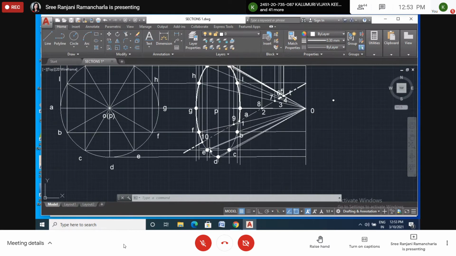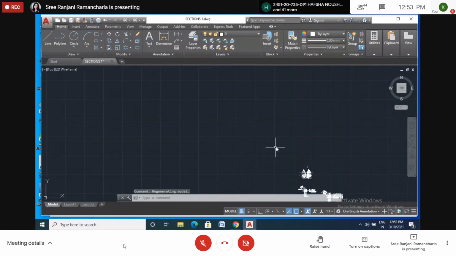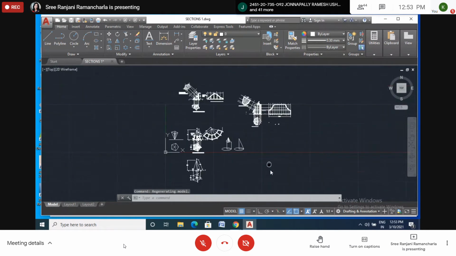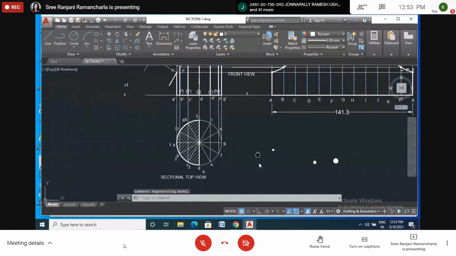So these are the light lines. These are the left thick lines. We should not draw thick lines because these are generators. See here, in the case of a cylinder, these are smooth surfaces.